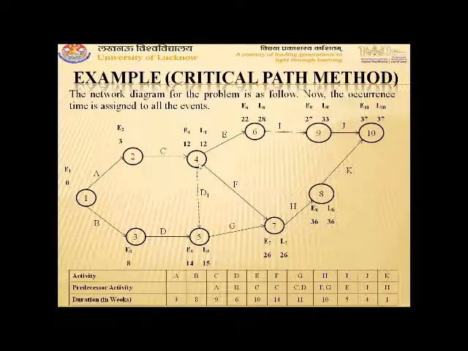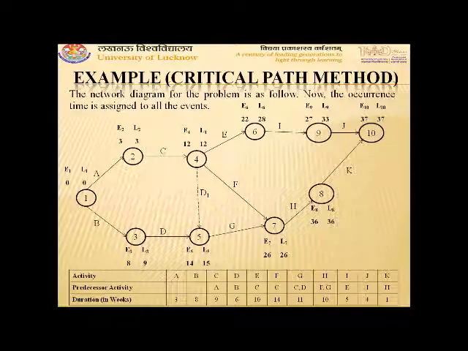And then we move again in the backward direction. So L3 comes out to be 9. L2 comes out to be 3, and here 2 activities are starting. So in the backward direction from 9 we subtract 8. The start time for activity B will be 1 unit, and the start time for activity A will be 0 units. Among 0 and 1 the minimum is 0, so L1 is taken as 0.